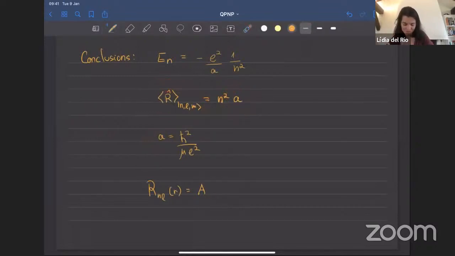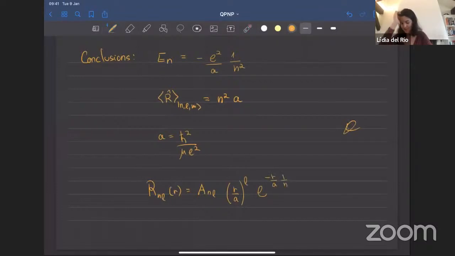So we should see this A popping up here, and they do. So they're given by some normalization constant, this is just a constant, and then R over A, so we want this to be 1, and then E to the minus R over A